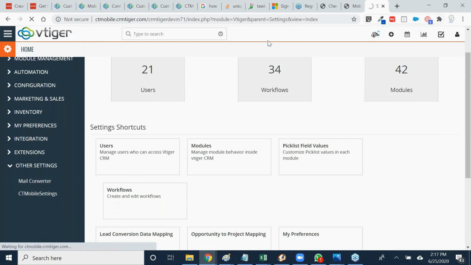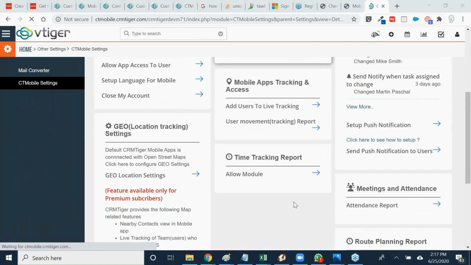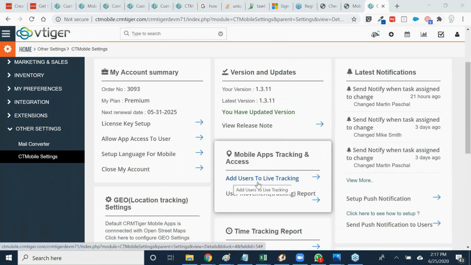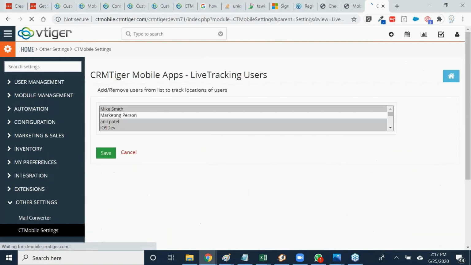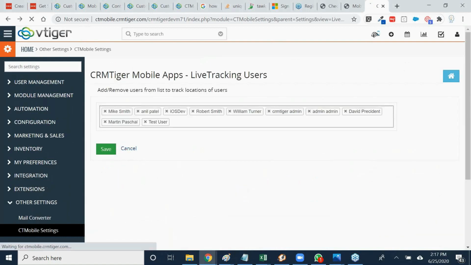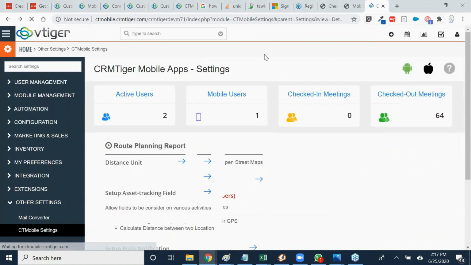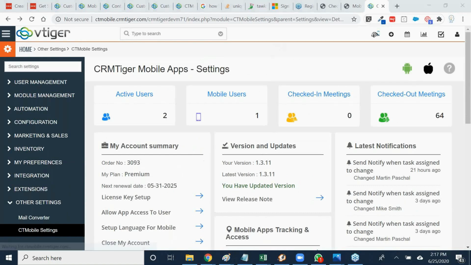If you enable the user in live tracking using the add user live option, then it will display in the user movement reports.